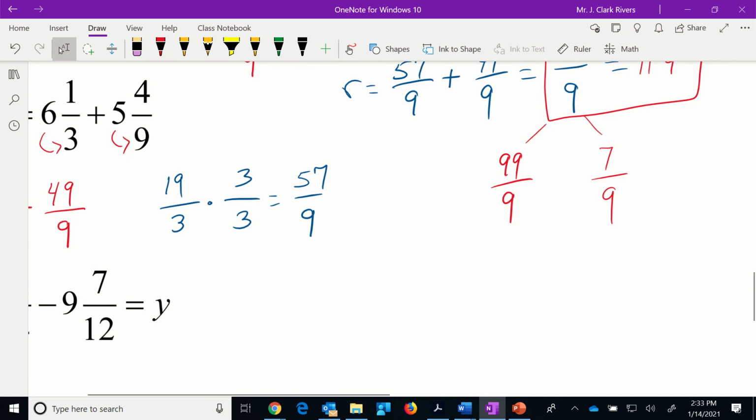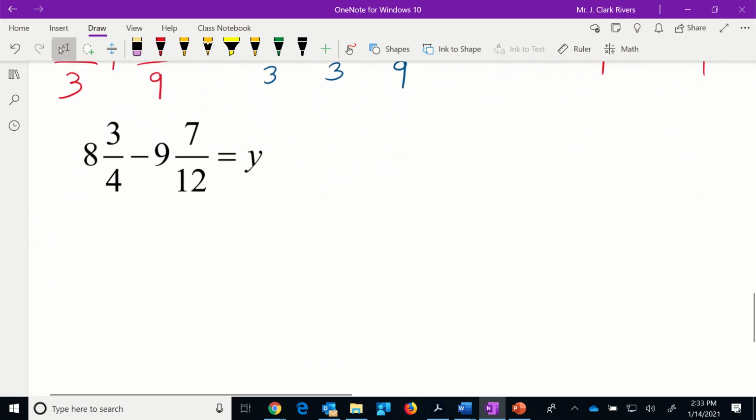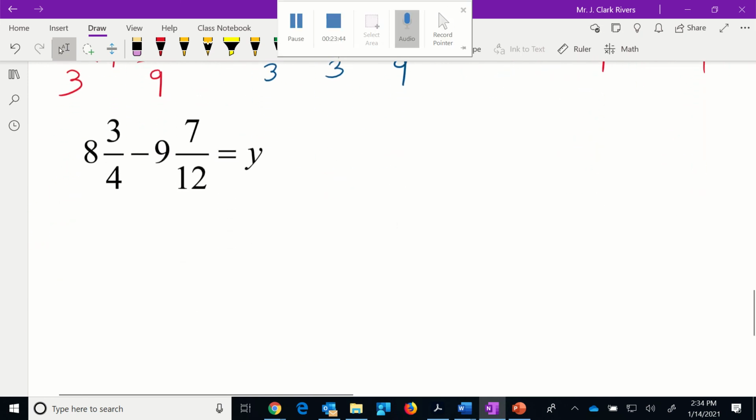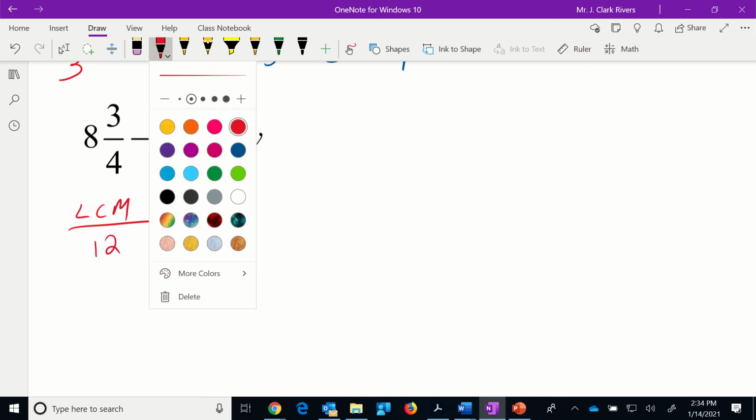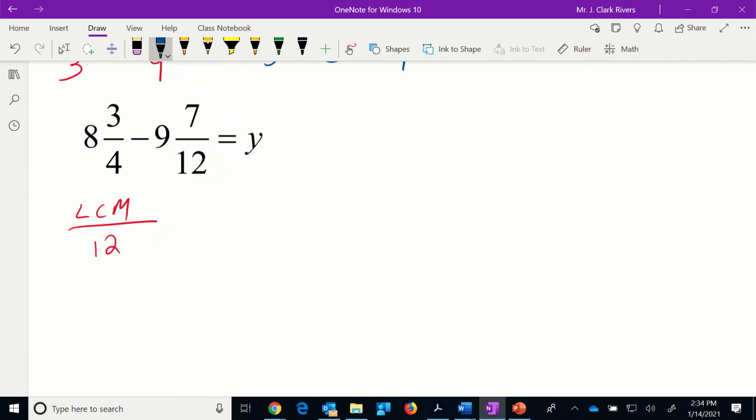All right, try the last one out on your own. Pause the video now, try that problem out. Okay, looking at our denominators, we have a denominator of 4, denominator of 12. What is the LCM of 4 and 12? It's 12. Okay. Before we do anything, let's convert this to improper fractions. So 8 multiplied by 4 gives me 32. 32 plus 3 gives me 35/4